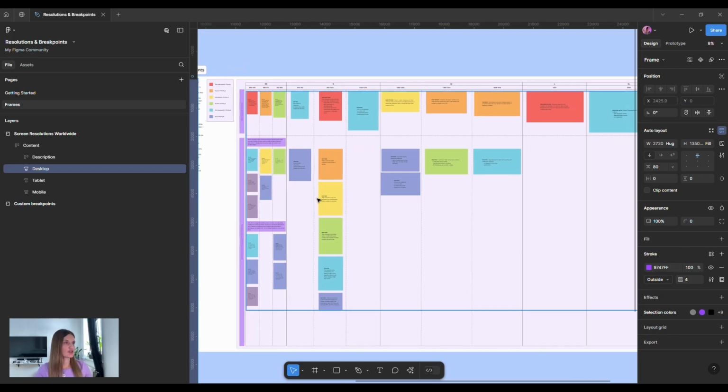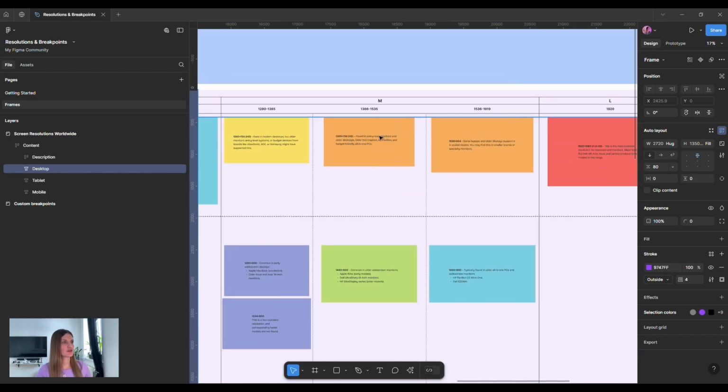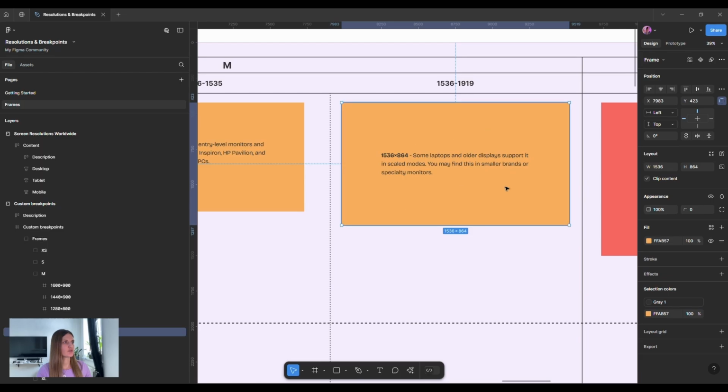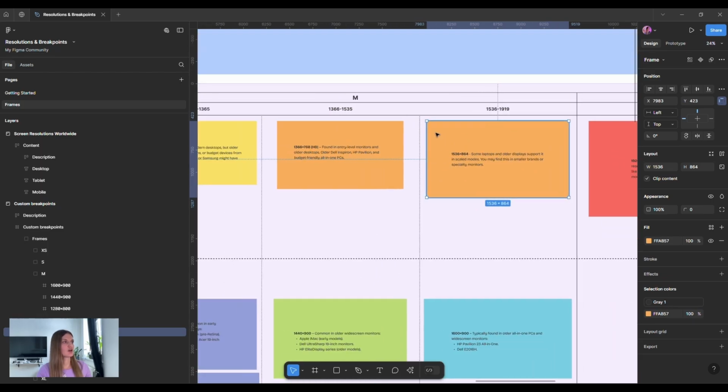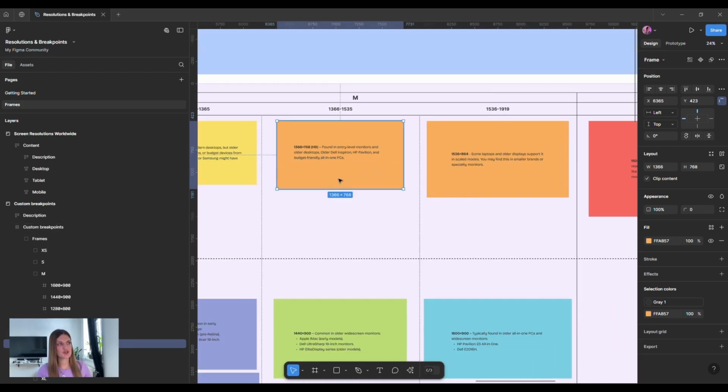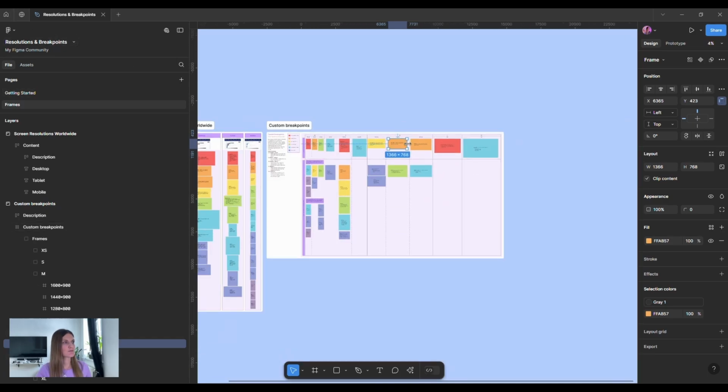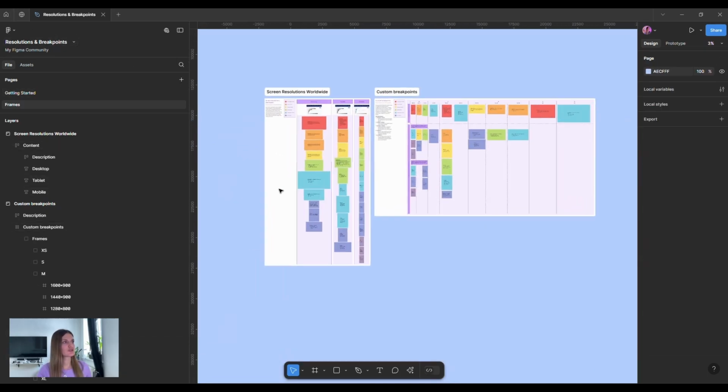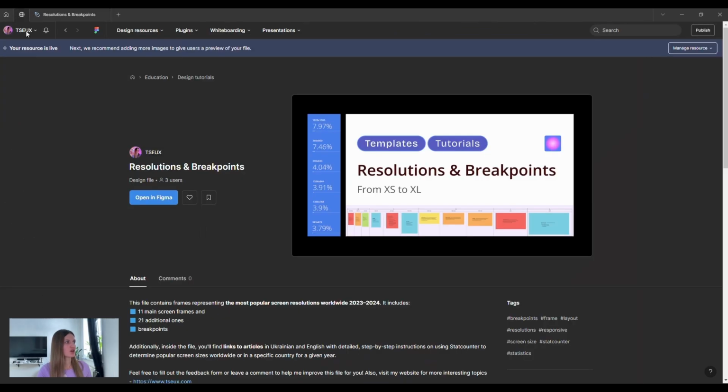So you can use these frames. For example, if you're designing for 1536, you can take your design and place it into a 1366 frame and see how it looks when it is reduced. And if you want all the information to be visible on one screen, you can play around with the components, with the layout, rearranging information for that screen. And this file is more like an informational file,